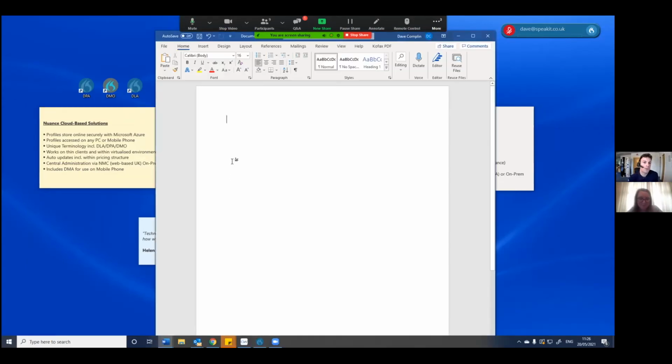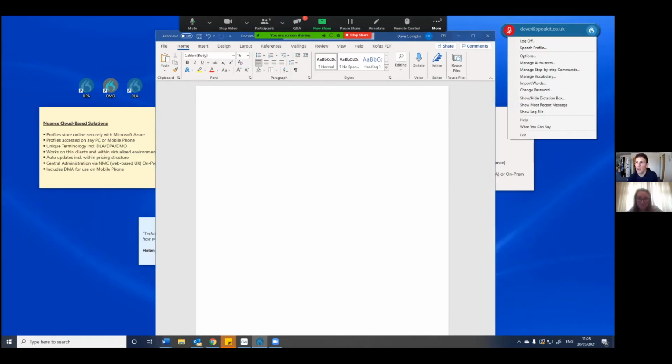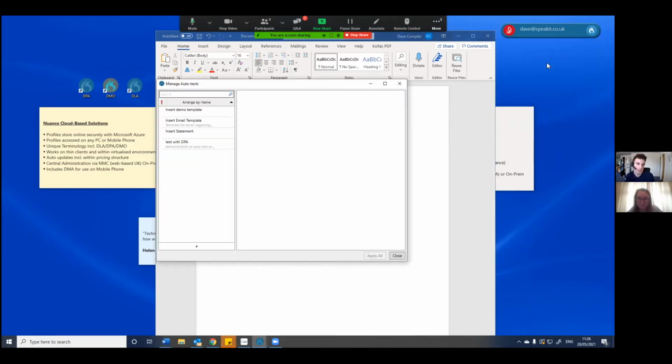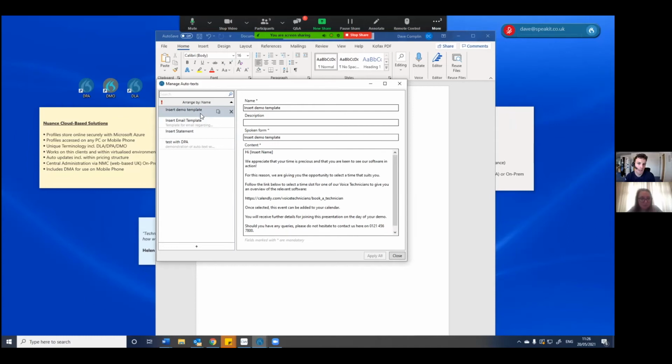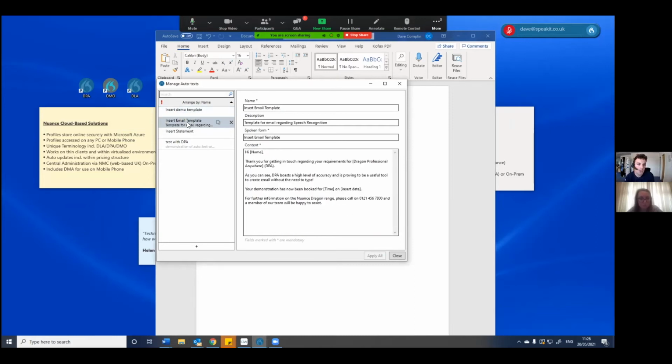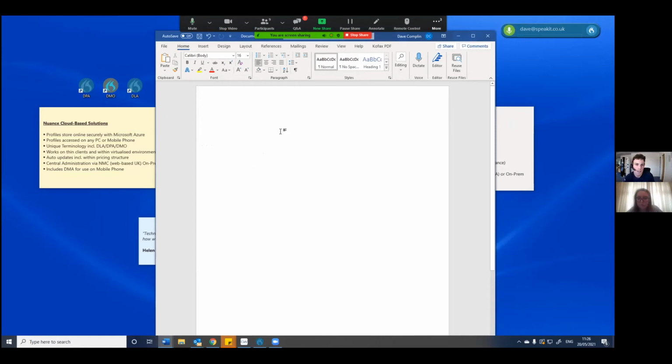So the beauty of it is that you can create your own. So if I go in and have a look at my auto text, this one I created this morning, I've just called it insert demo template. That's how it's triggered. And within the template, I've got some fields which are blank, and I can move through the fields and fill them in. Now I've only put one in there. So what I might do is just show you another one that's got a few more fields just whilst we're here. So if I go insert email template,